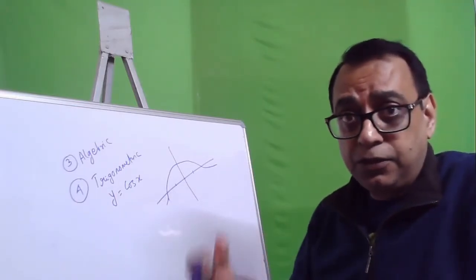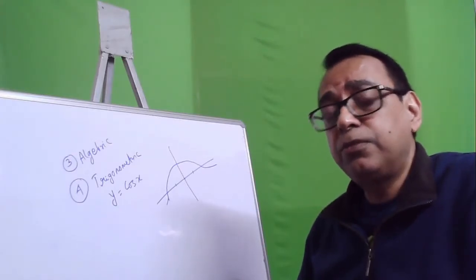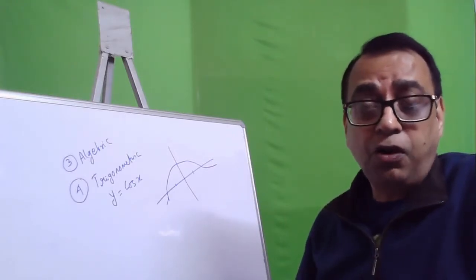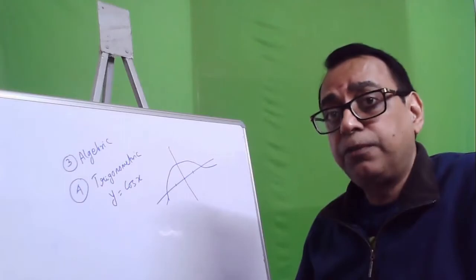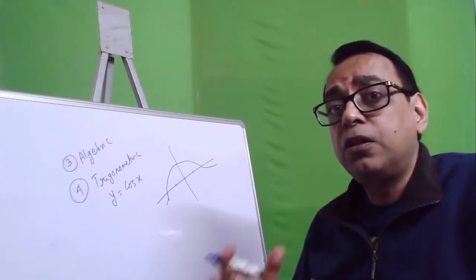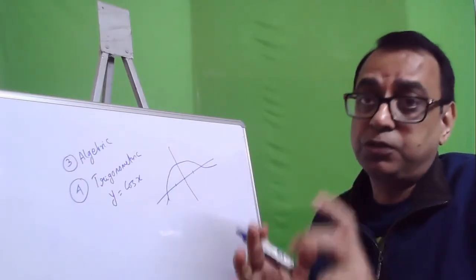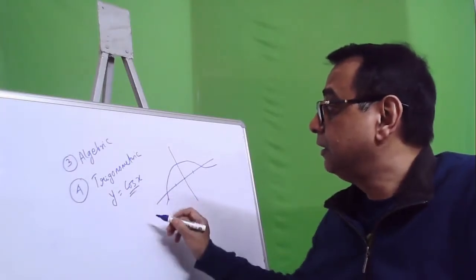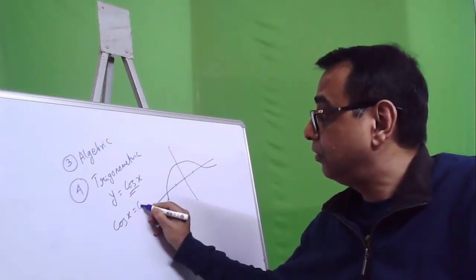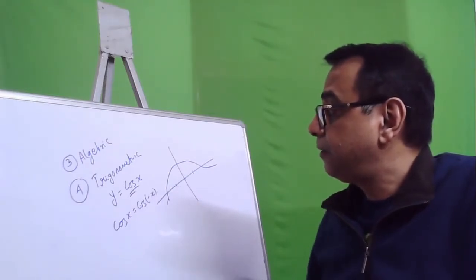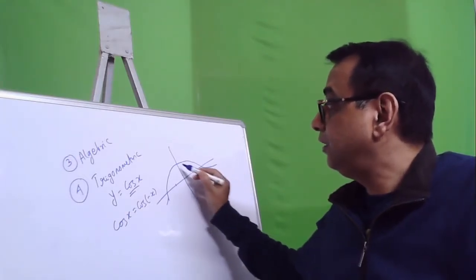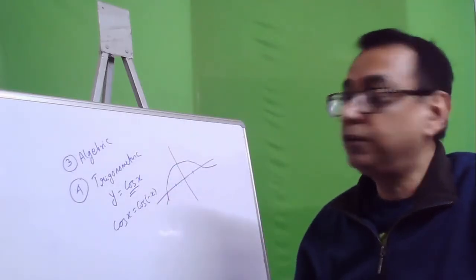Again, here I just wanted to mention that for each of these functions which I am discussing, we can think about whether it is an odd function or an even function, or 1 to 1, or many to 1. So all these permutations and combinations are possible for each of the functions. For example, cos x is an even function, because why? Because cos x is equal to cos minus x. So if you have the cos function given on this side, you can just replicate it by reflecting on the y-axis.